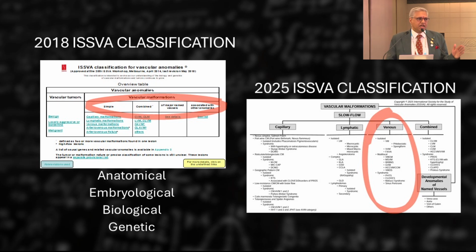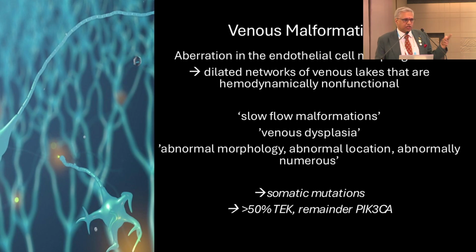really utmost important. We've gone through the iterations of the ISSVA classification, so I'm not going to reiterate, but remember that it is a very scientific way of classifying this based on the anatomical, embryological, biological, and now genetic basis for classification. So this is going to be a dynamic classification. As we know more, this is going to change. So the famous adage: the more we know, the less we know. The latest classification, the 2025 classification, is a very simplified version of it, and we're going to talk about venous malformations in particular, and I'm going to simplify that into just the isolated, sporadic venous malformations.